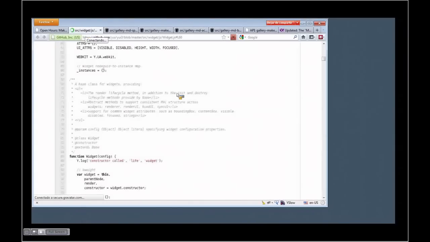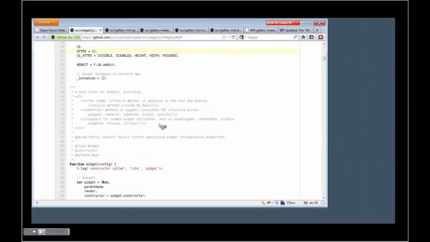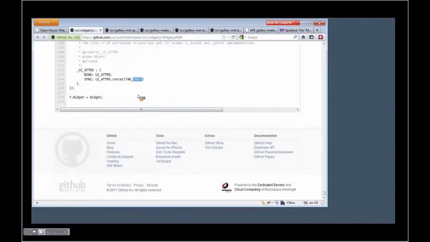And I've seen code where people are handling disabled or visible or even tab index on their own when it's actually already being handled for you by Widget. So handling these UI attributes is a little messy because you have to concatenate on the already existing attributes for it to work properly. So to avoid that, you simply use